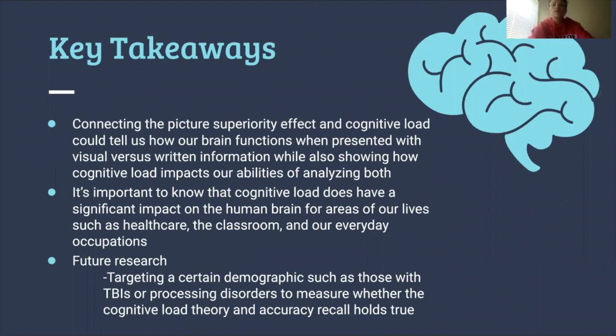So there are obviously a few key takeaways from this study. There's been a few literatures and scientific research done on the picture superiority effect and cognitive load separately, but we feel that our research really ties them together and makes a connection between the two. We connected the picture superiority effect and cognitive load, and it tells us how our brain functions when presented with visual versus written information, while also showing how cognitive load impacts our abilities of analyzing both